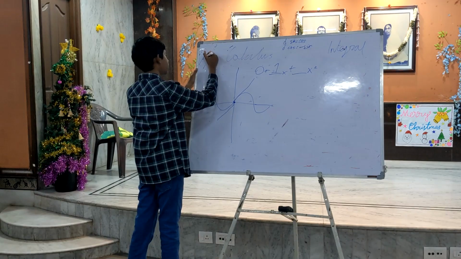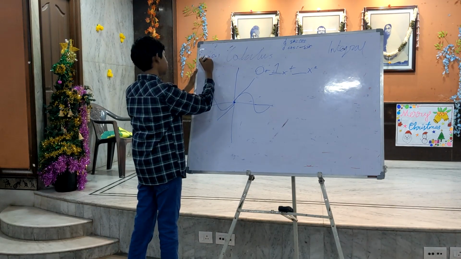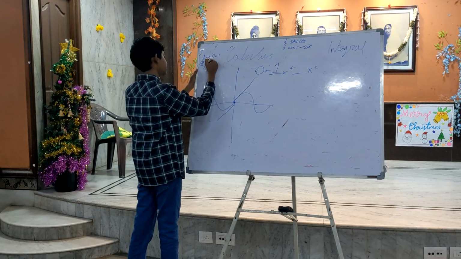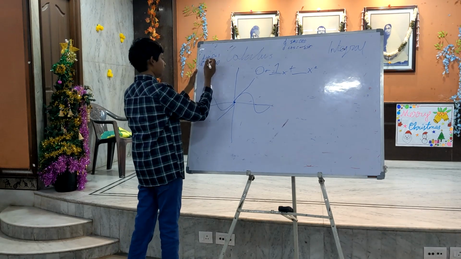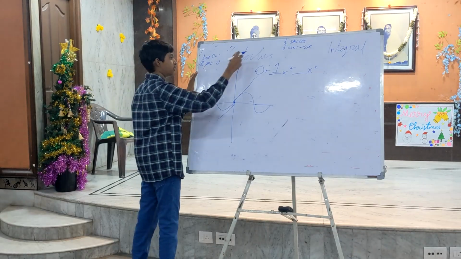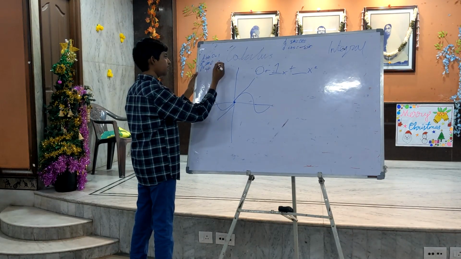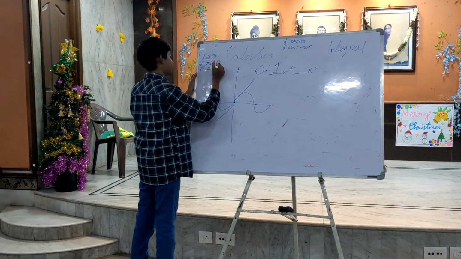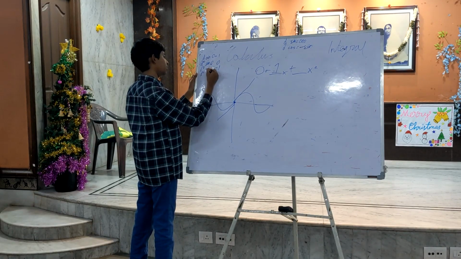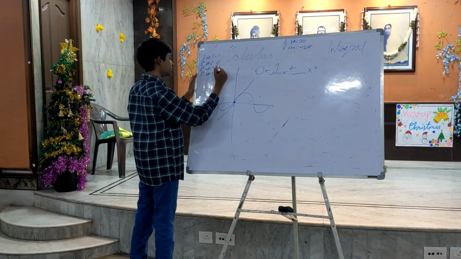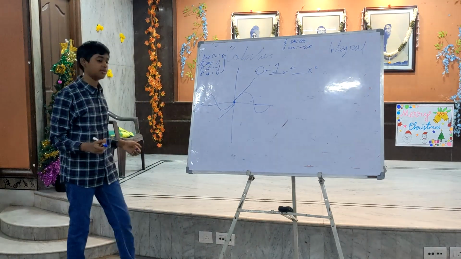So the derivative of sine at 0 will be equal to 1. The second derivative of sine at 0 will be equal to 0. Because cosine's derivative is negative sine, the third derivative will be the derivative of negative sine, negative cosine, which comes to minus 1. And the fourth derivative will be equal to 0, and from there it repeats. These are the cycles of the derivatives of sine.